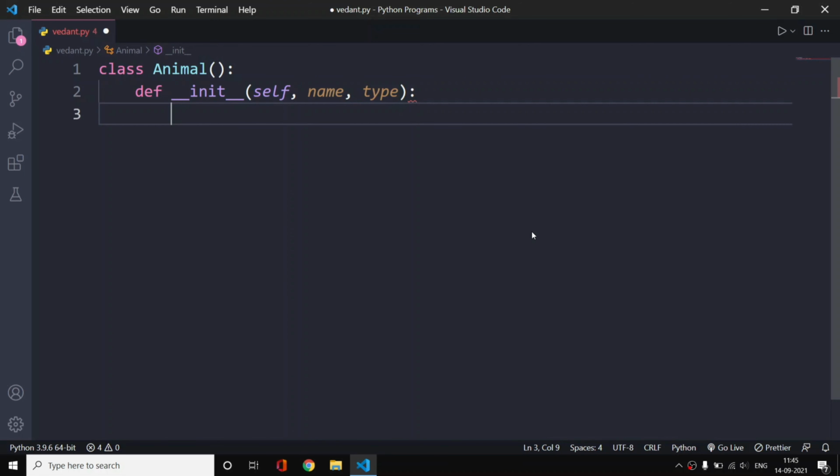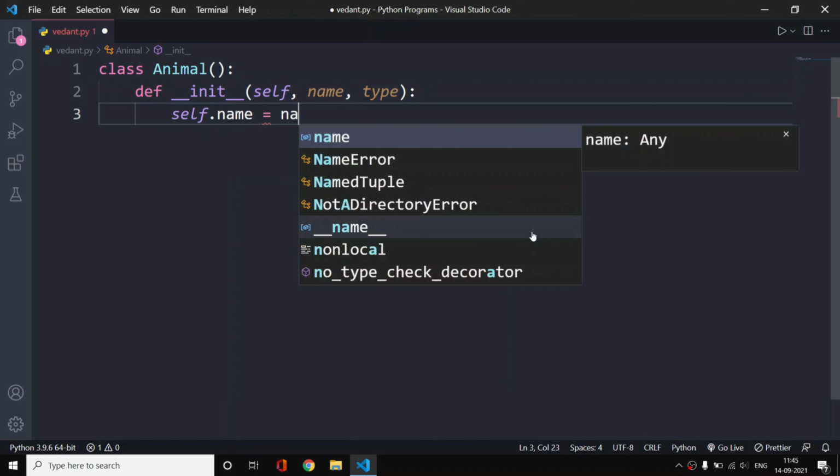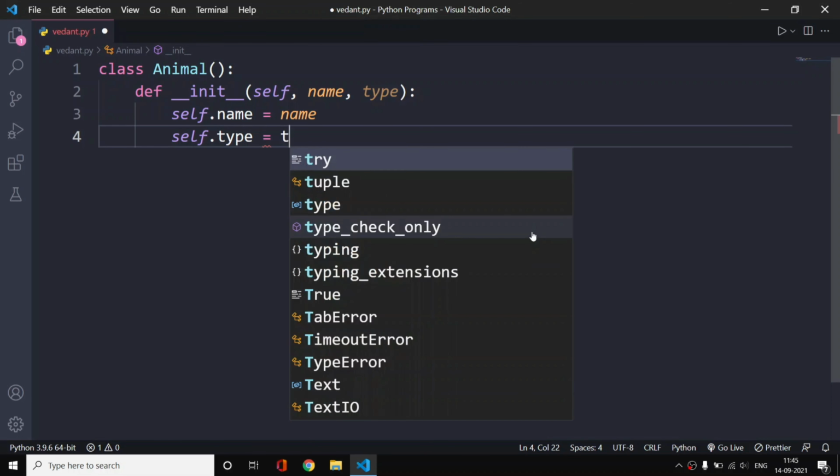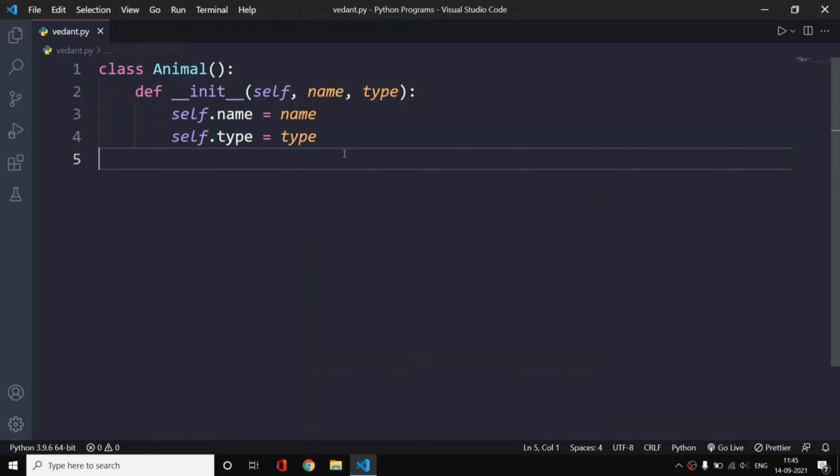With that, we will say self dot name is equal to name, and we will set self dot type to our type. So now here we have this name and this type.